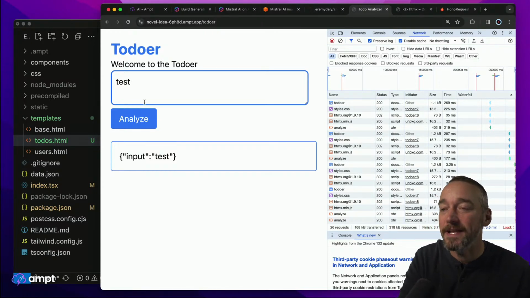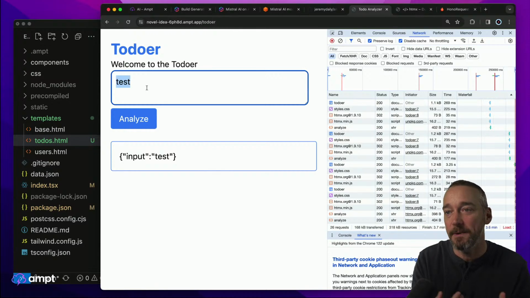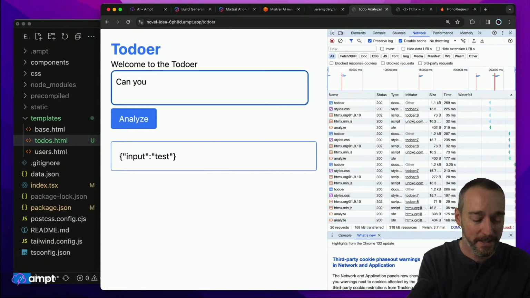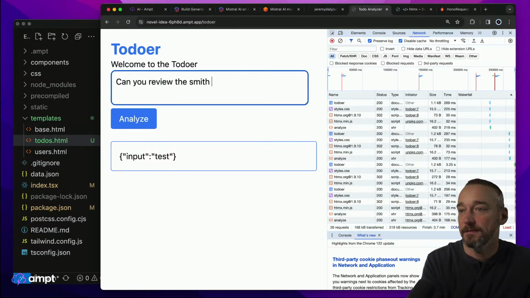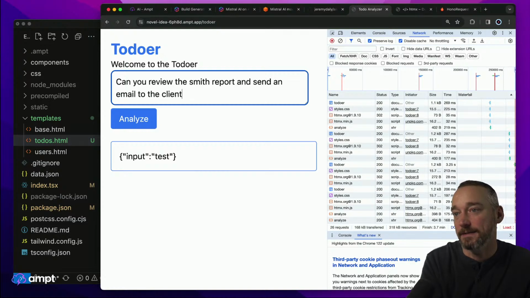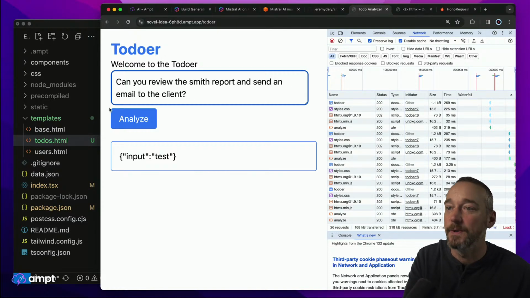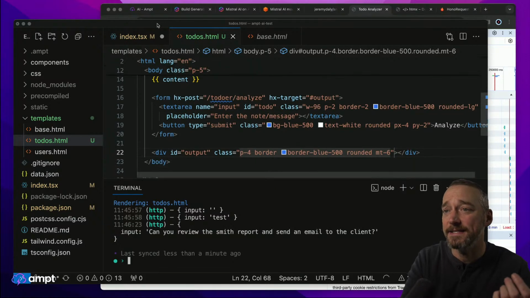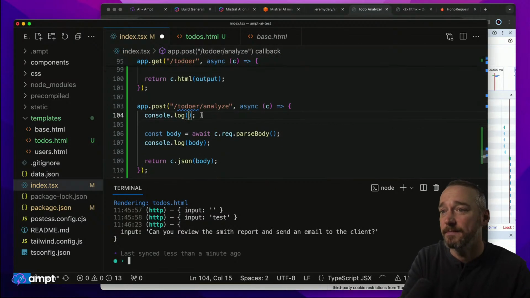All right, so what we want to do now is we want to come up with some sort of message like, can you review the Smith report and send an email to the client, something like that, right? So this is going to be our input, and we want it to do something interesting with this input. All right, so then in our analyze section here,